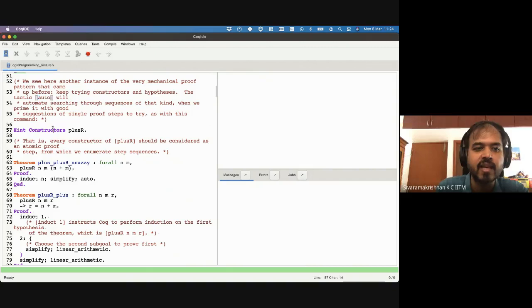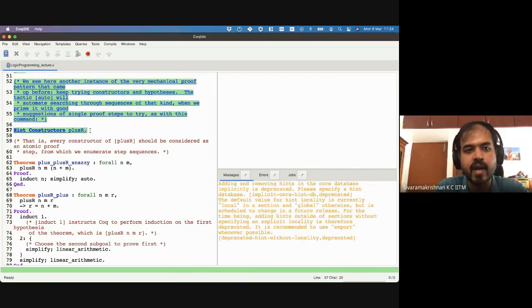And here I'm saying, because this is a new constructor, I'm explicitly saying consider those constructors as part of the proof search database, right? And you'll see a complaint which says that I'm adding rules to the global database. You can ignore this error for now. It just says that we are typically adding proof search rules to the global database, which means that you're polluting the entire